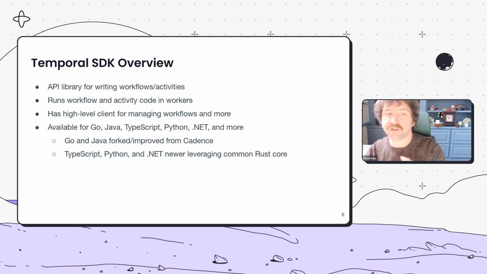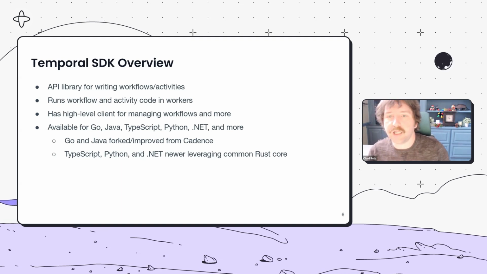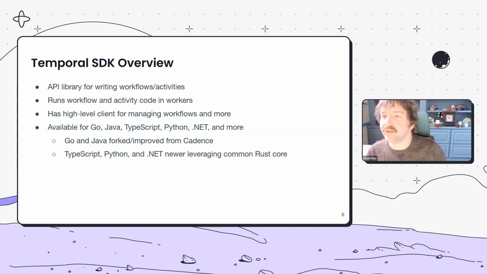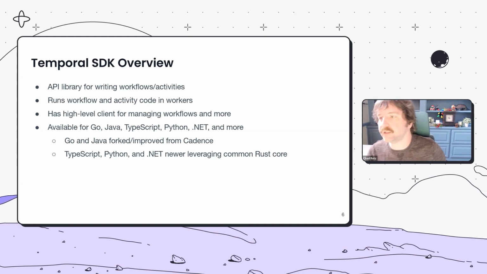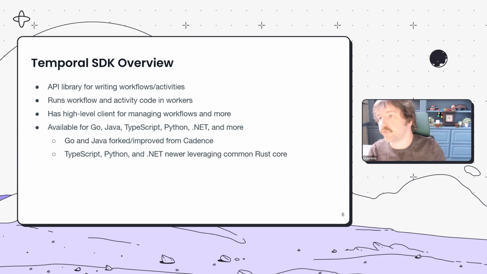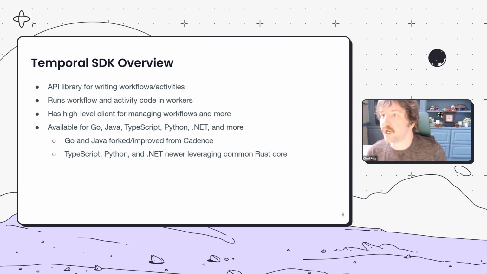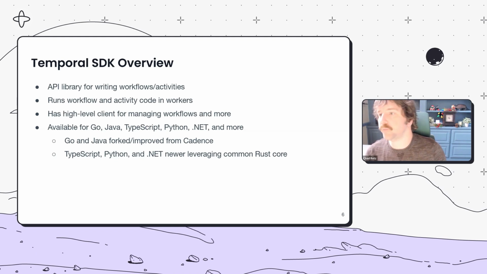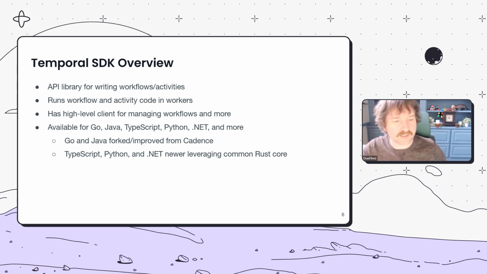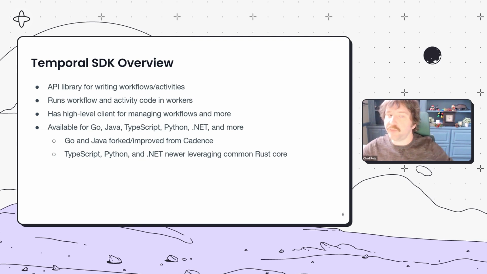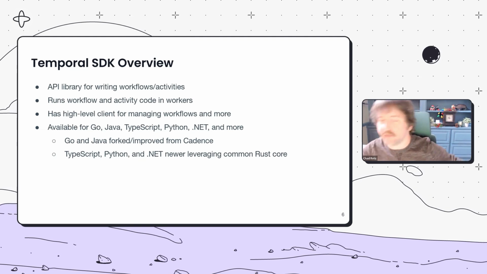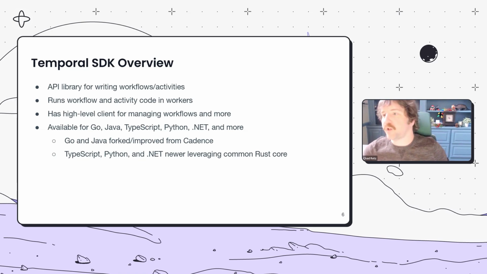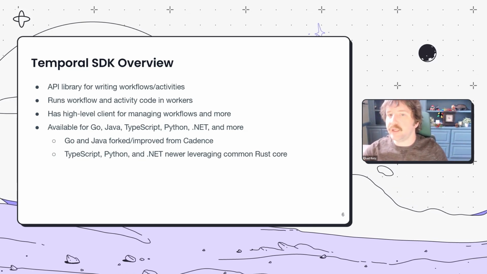So the SDKs are quite complex, and they're complex to the point where it's unreasonable to rewrite this state machine and some of these complex machinations in every language. So it was done once in Rust, and now it's leveraged in 3 of our 5 primary SDKs. So that's Temporal in a nutshell, your ability to write long-running, durable workflows, and then several of the components that